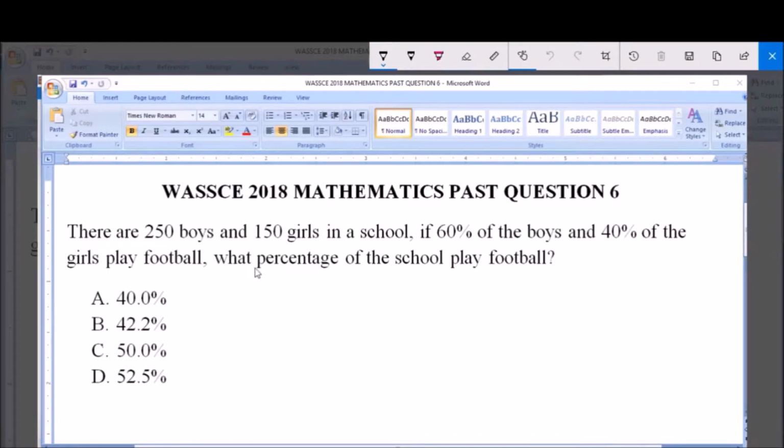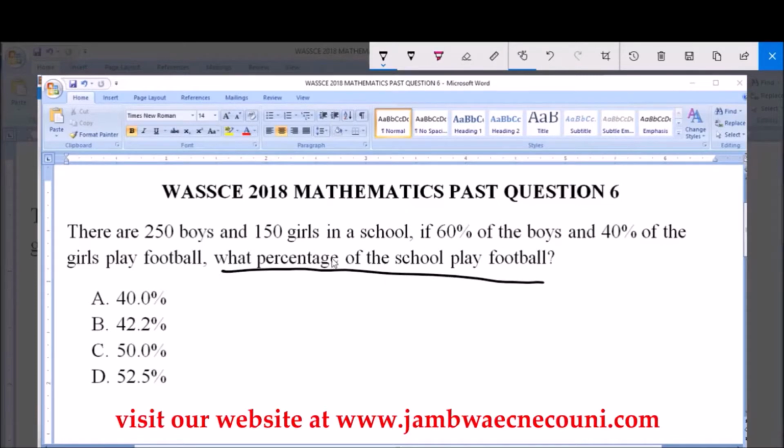Now the question is, what percentage of the school play football? That is, including what percentage of the girls and boys. We are adding the percentage of the girls that play football and those of the boys that play football, but we can't add it directly. So for us to do this, we have to get the number of boys that play football, also get the number of girls that play football, add it together, and then evaluate the percentage of the school